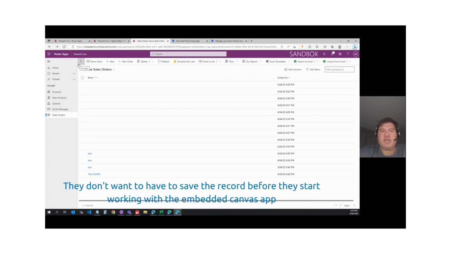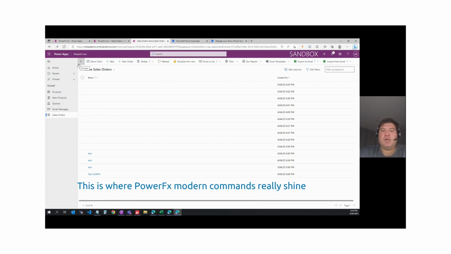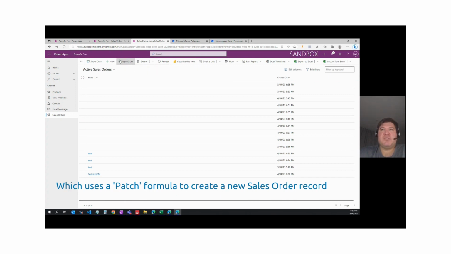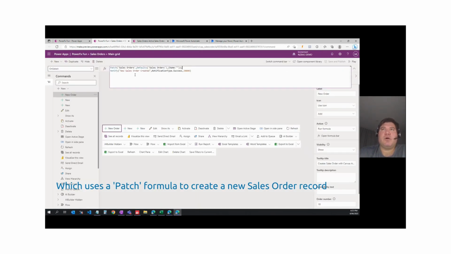They don't want to have to take the time to save the record before they go and start working with the Canvas app. Now, this is where PowerFx modern commands really shine. So I've got a modern command that I've inserted into the main grid for this sales order table. And what this does is, we'll come over here to the modern command designer, and you can see that when we select this command, it's going to use a patch formula to create a new sales